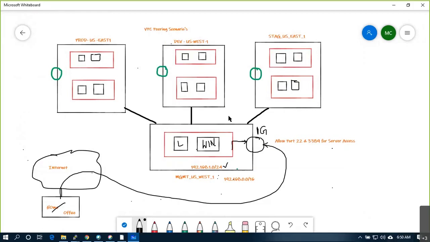Okay, so from the peering connections, what I will say is all SSH and RDP, which means port 22 and port 3389, allowed from 192.168.0.0/24 to all three VPCs. All three VPCs means, let's say for this VPC